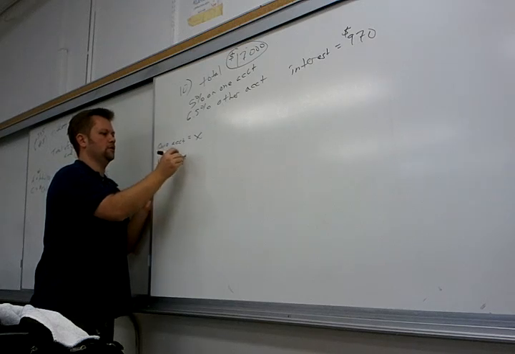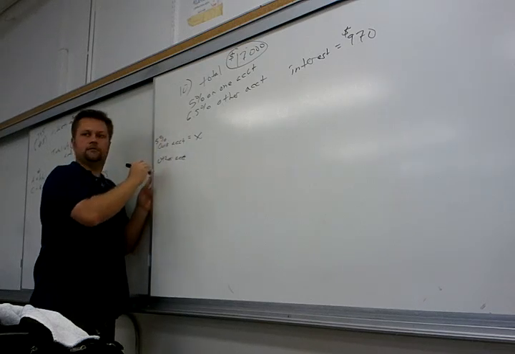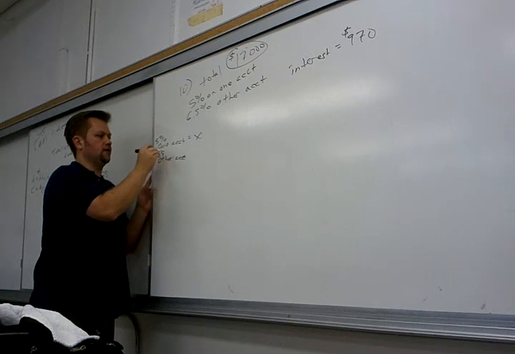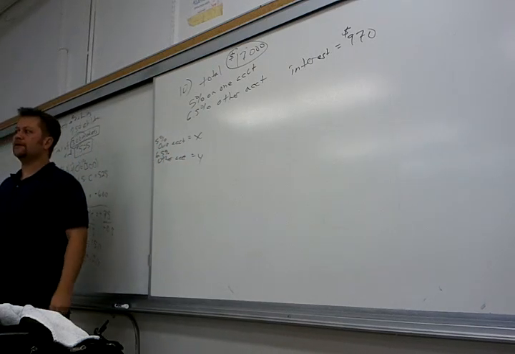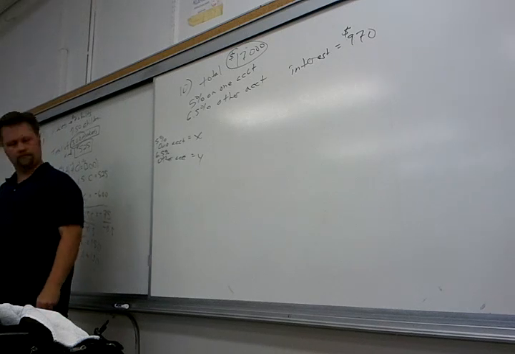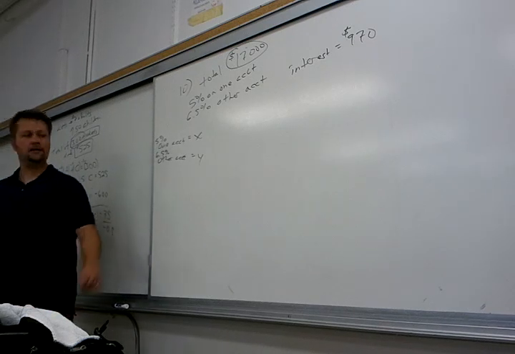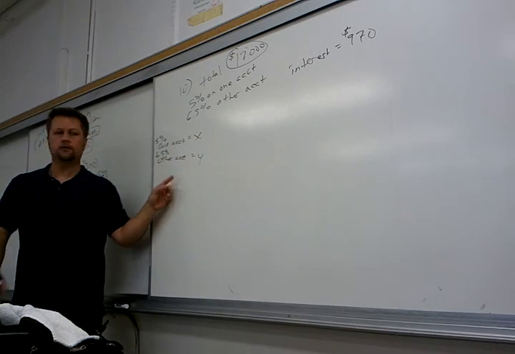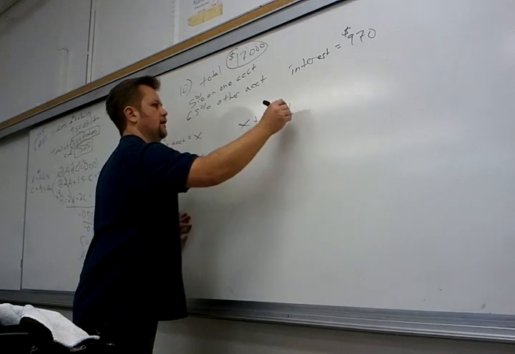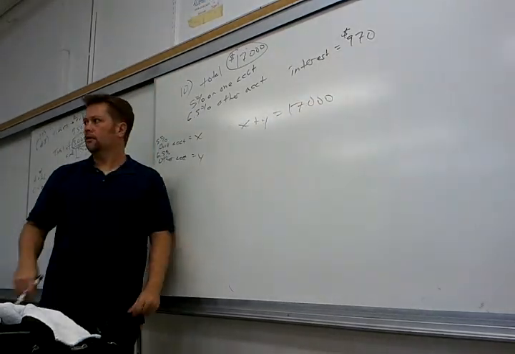Let's be a little more specific here. This is the 5% account, and this is the 6.5% account. We can call it 5% of x and 6.5% of y. So what is X plus Y? What does X represent? The amount of money he put in. And Y is the amount of money he put in. So X plus Y is 17,000. Now what